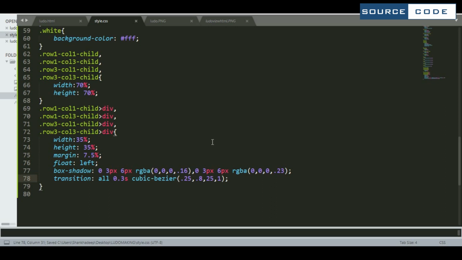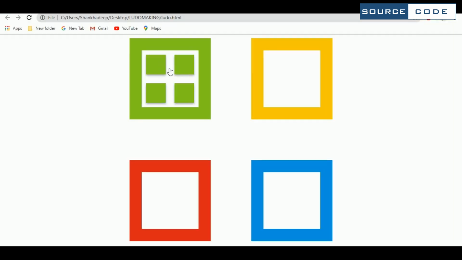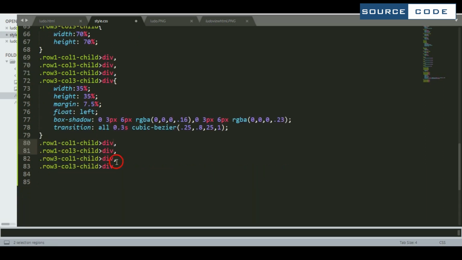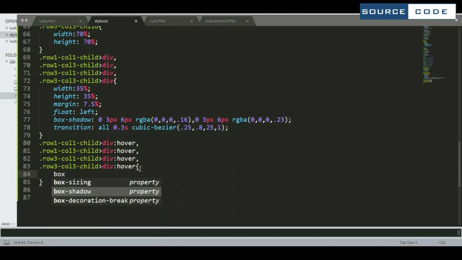Now let me show you the output how it is coming. So as you can see that we have got about 4 boxes here. Now similar we have to do with all these 3. So before doing that we have to add some hover effect also. So copy this one. So for the hover effect we are taking only the box shadow here only. So for the box shadow I am taking -2 pixel, 14 pixel and 28 pixel with RGBA.